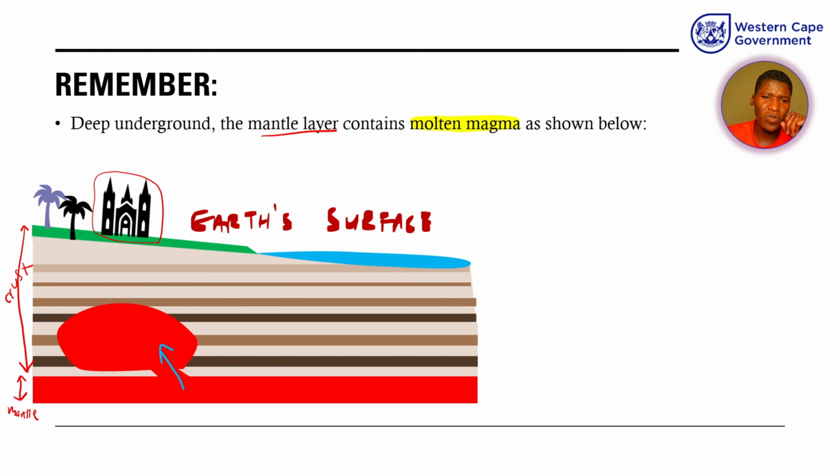It can try to rise again. Here it is trying to rise and come up to the Earth's surface, but it can happen that it creates this shape. It can also try to rise up like this, but it happens that it creates this shape. So why is the molten magma not able to reach the top? It just means that it has solidified at this point. The molten magma just became a solid.